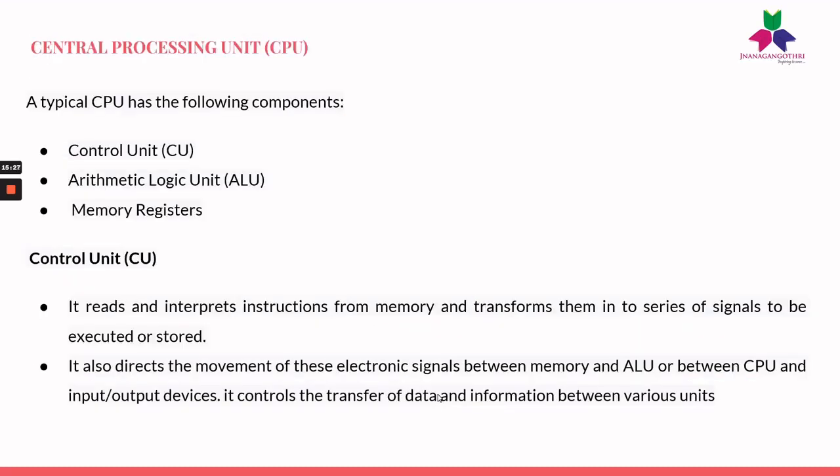So, central processing unit. As mentioned earlier, the central processing unit or CPU is called the brain of the computer because it executes or processes the instructions given to the computer. Any type of instruction, once it is given to the computer through one of the input devices, it processes the given input. So the CPU contains the following components.